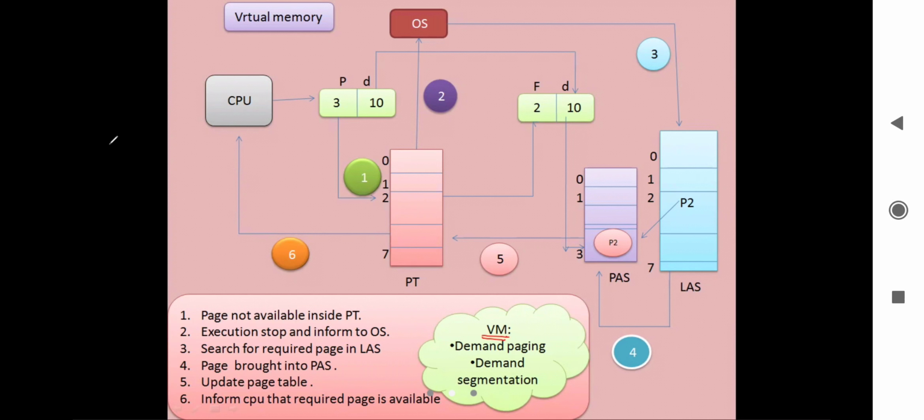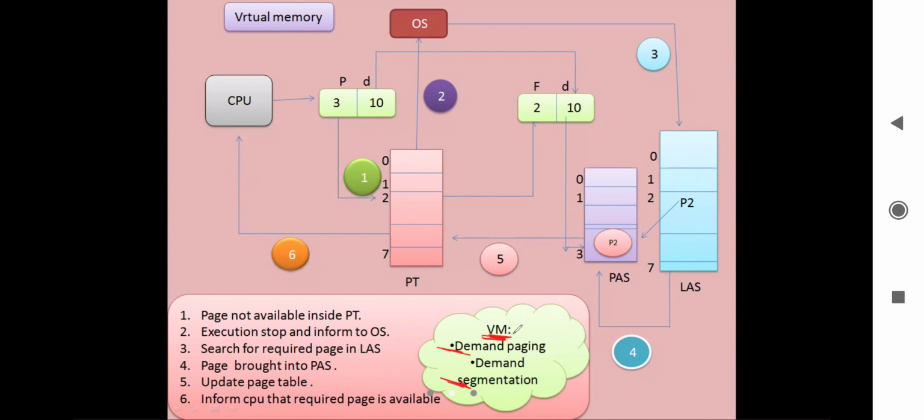It is the illusion that a program which is greater than the main memory can be executed. This is the part of the secondary memory.